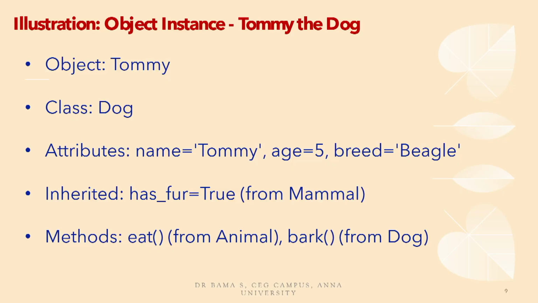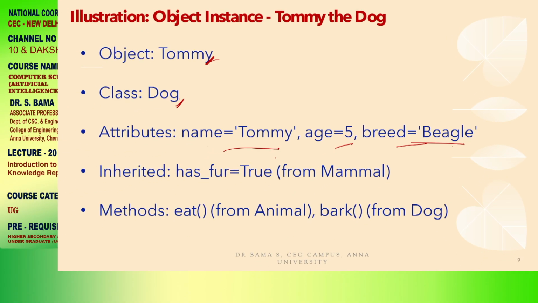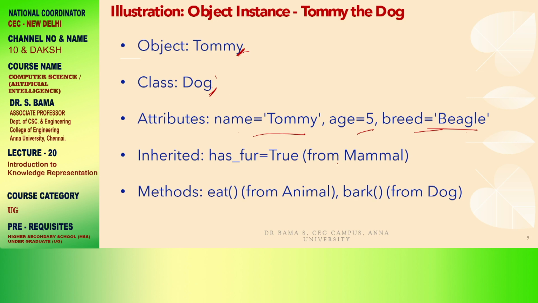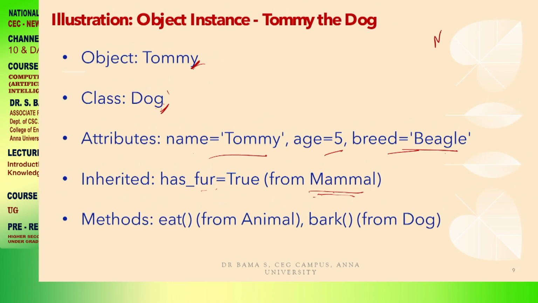Now, there is another example from the animal kingdom, where the class is dog, and from dog the object is named Tommy. The age of Tommy is 5, and the breed is Beagle. Since dog is inherited from the class mammal, the class is dog and the superclass is mammal, and since mammal has fur, that inheritance has come to this dog also. So, you can imagine mammal,